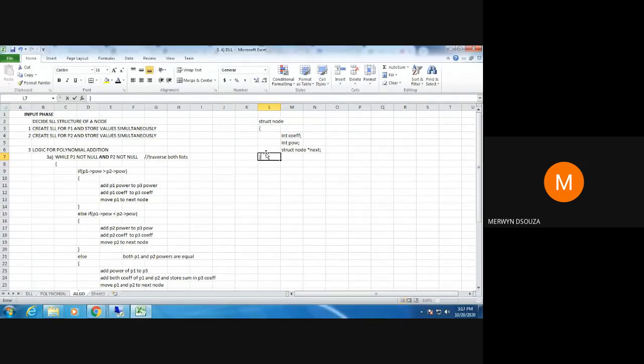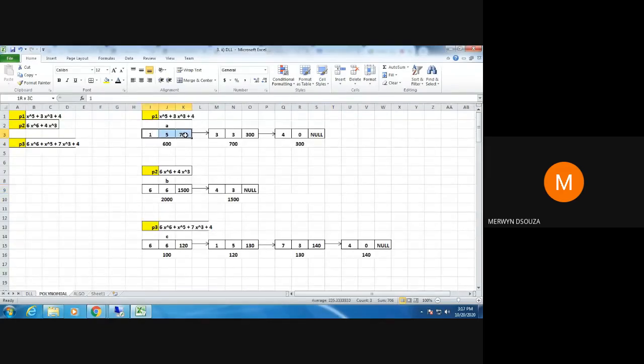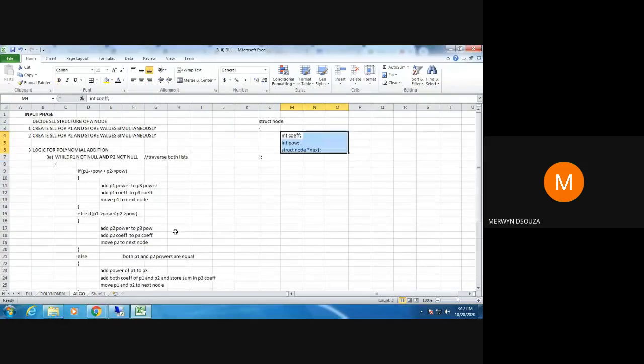This will be your structure of the node, and it will give you a node having three parts like this.